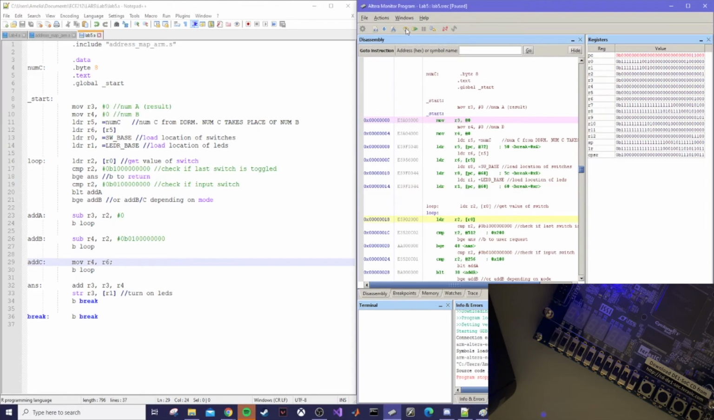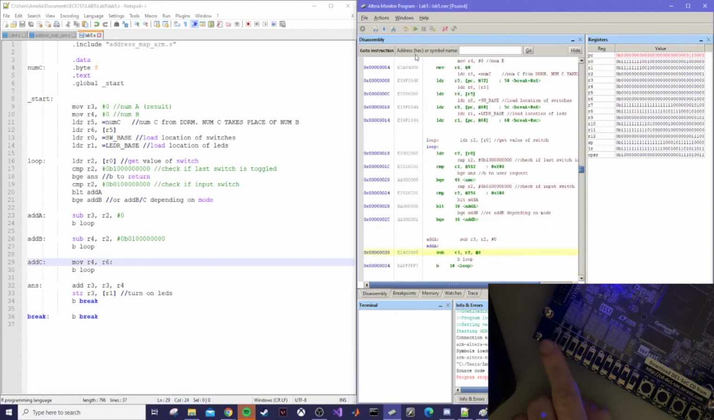Now here's the main loop, right? So I'm getting the value of the switch. In this case, the value of the switch is just going to be 1. So you can see R2 is going to just go 1. Well, it was already 1 anyways. Compare that, and this switch is not flipped, so I'm going to continue on. And then basically move this value into the result R3. Branch back up, and now this time I'm going to input